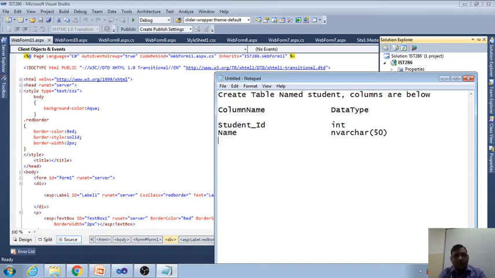Okay, then I am going to write the measure. For the measure also our data type will be n-varchar, and this is 50. When you are going to create a table in the exam or somewhere, the column name will be given, and somewhere the data type is also given. Measure, and then we are going to write the address. For address also I am going to use n-varchar